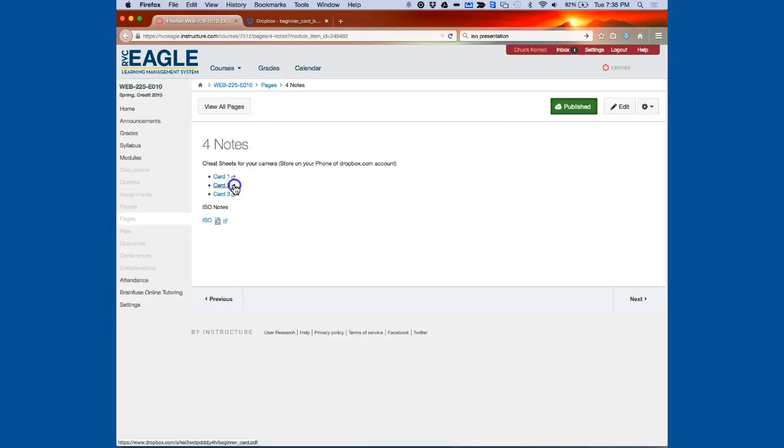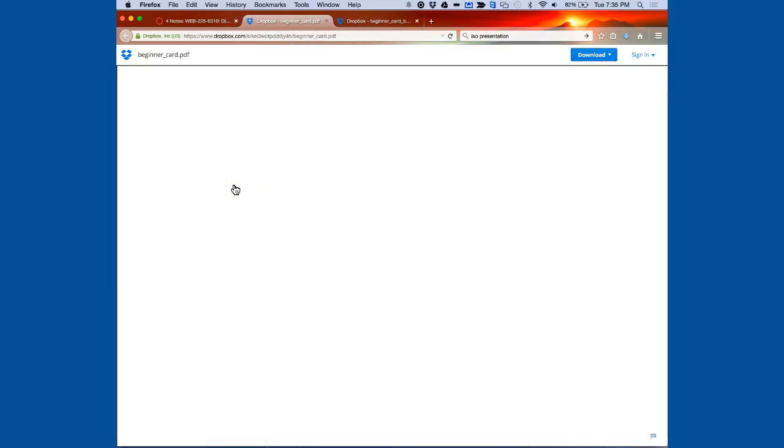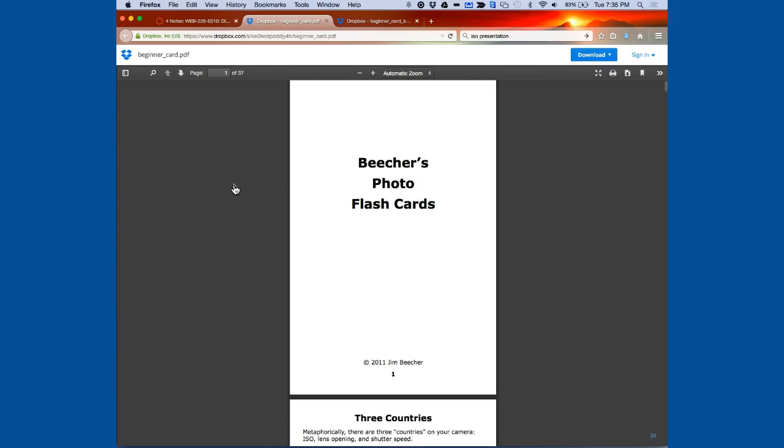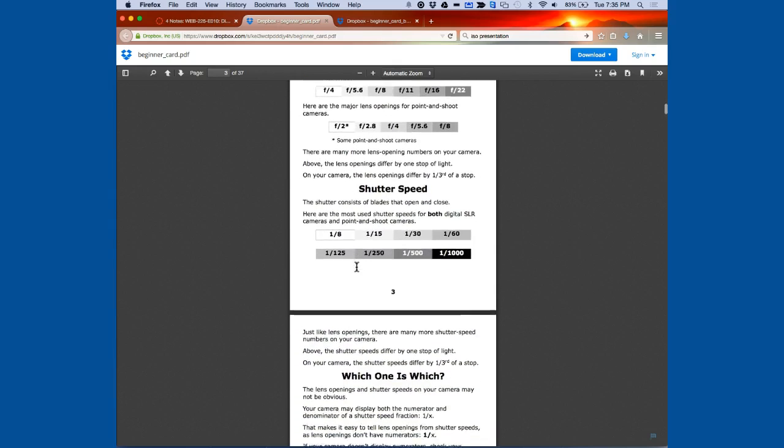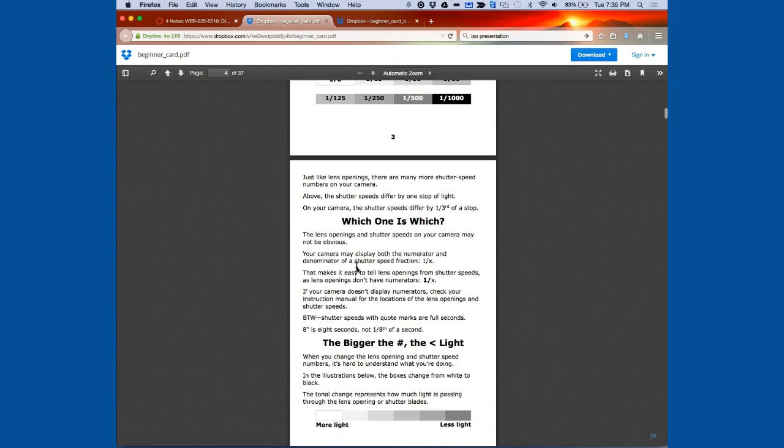The next one's card 2. This one's a little better. This one's 37 pages, but you can see it better. Granted, too many pages for a camera bag, but it gives them exhaustive notes on each one of these. Like, for instance, let's go into